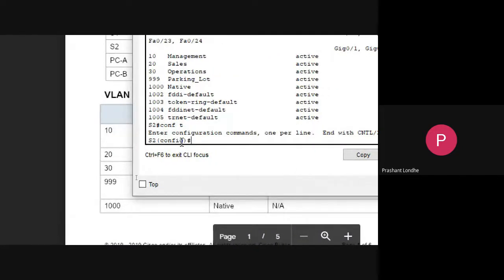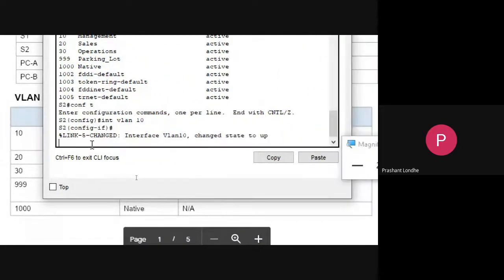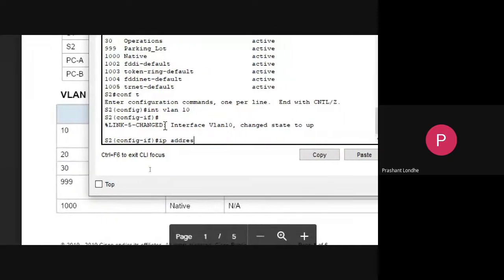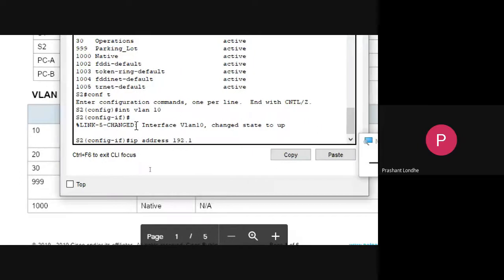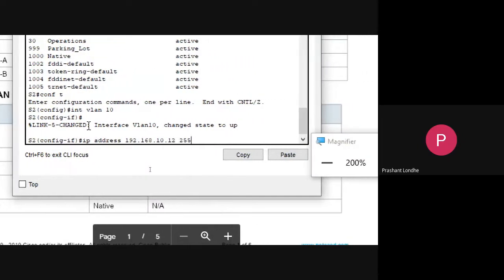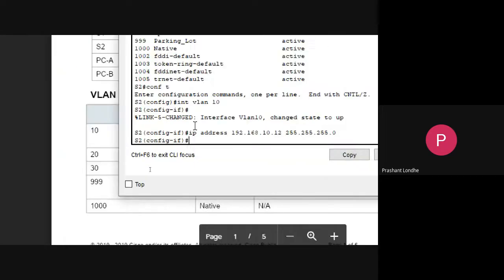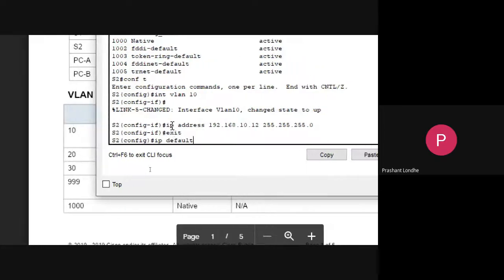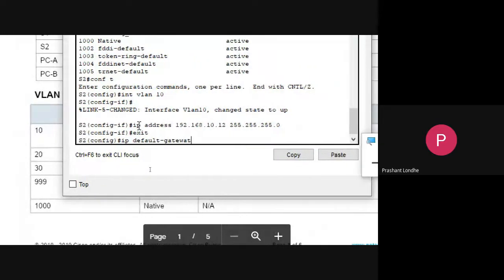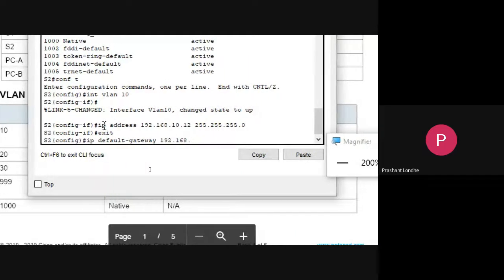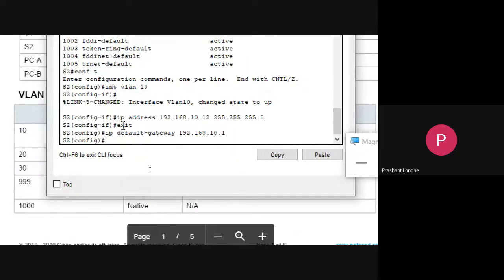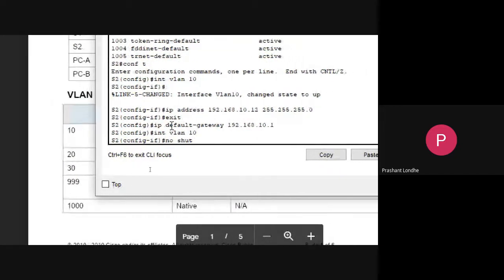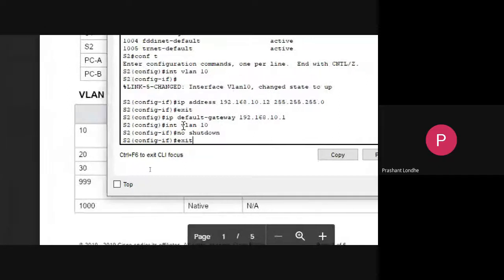Configure terminal, interface VLAN 10, ip address 192.168.10.12 255.255.255.0, exit, ip default gateway 192.168.10.1, again interface VLAN 10 and no shutdown, exit.